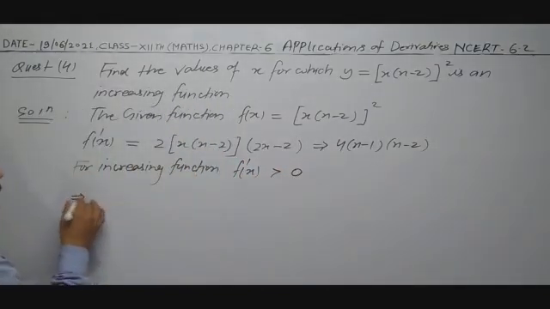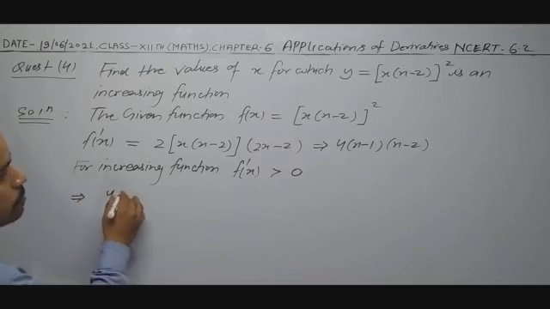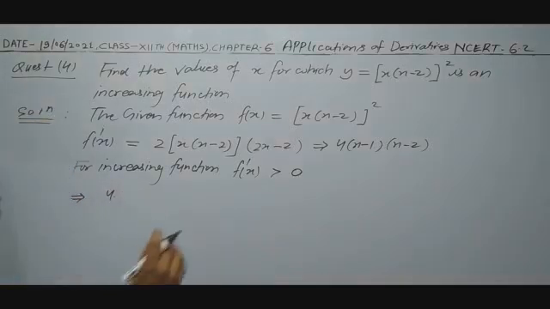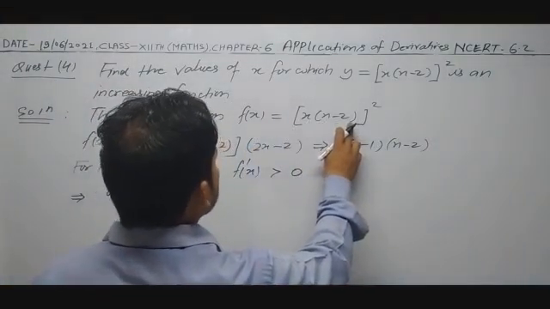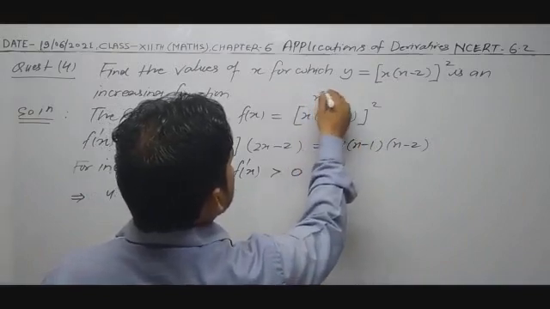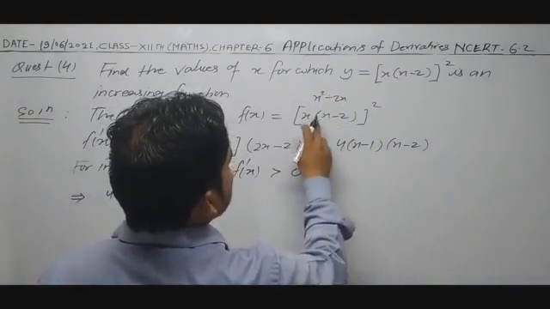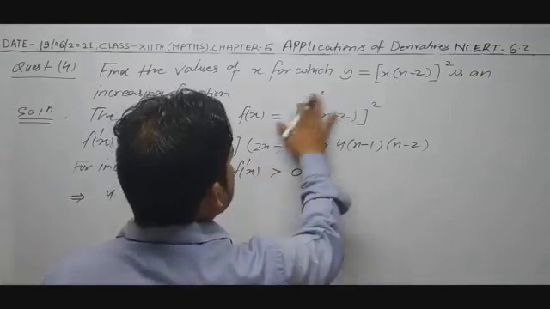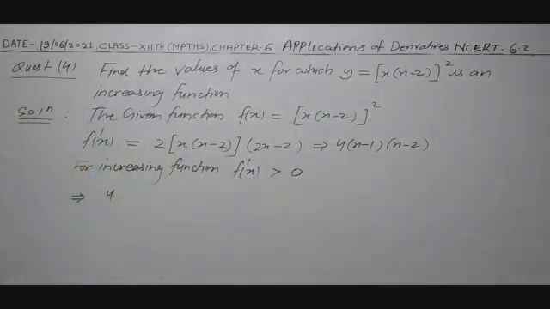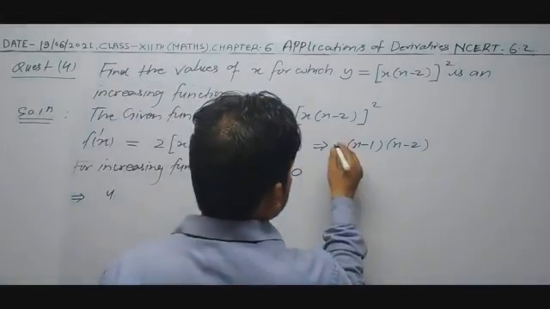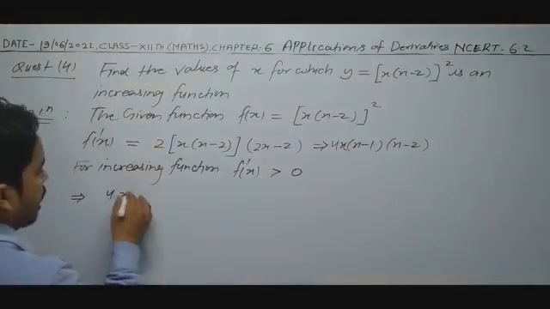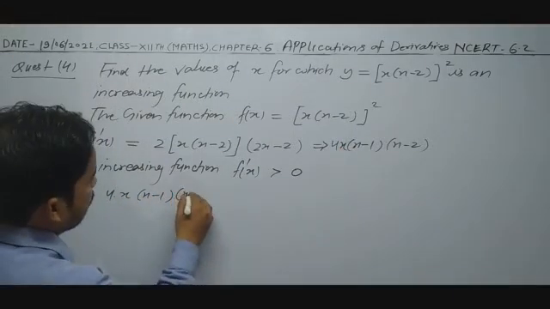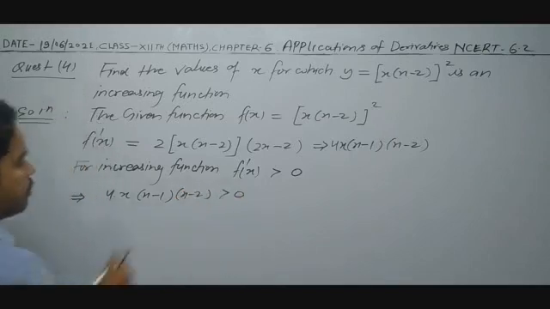This implies 4 times, its differentiation is x square minus 2x, x square minus 2x means 2x minus 2, right? So its result is, x is extra here, 4 times x. So 4 times x, x minus 1, x minus 2 greater than 0 in case,